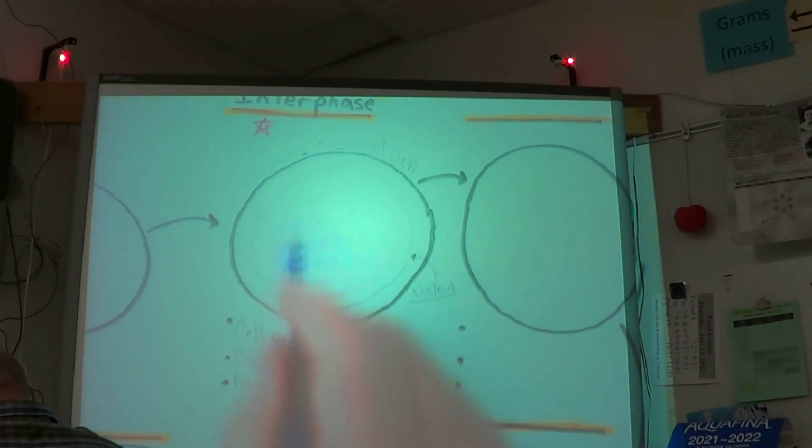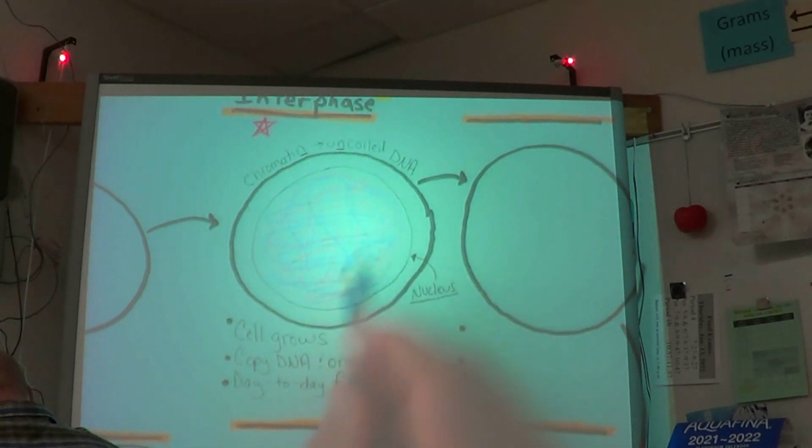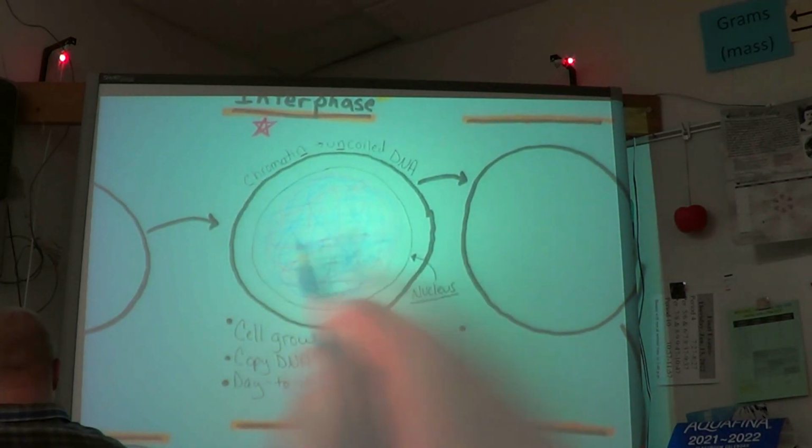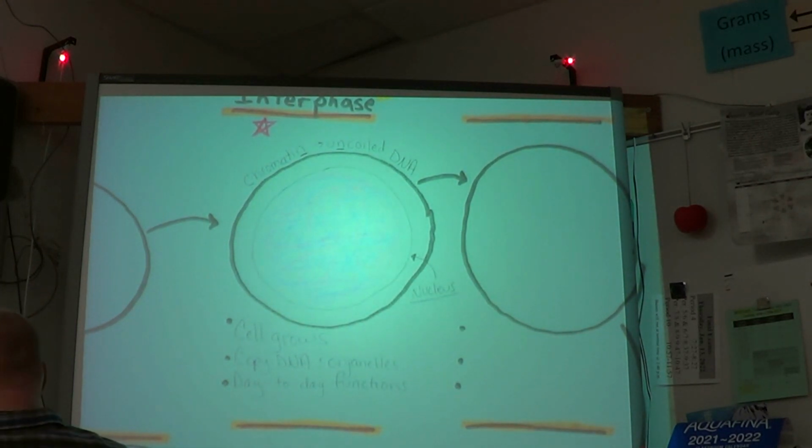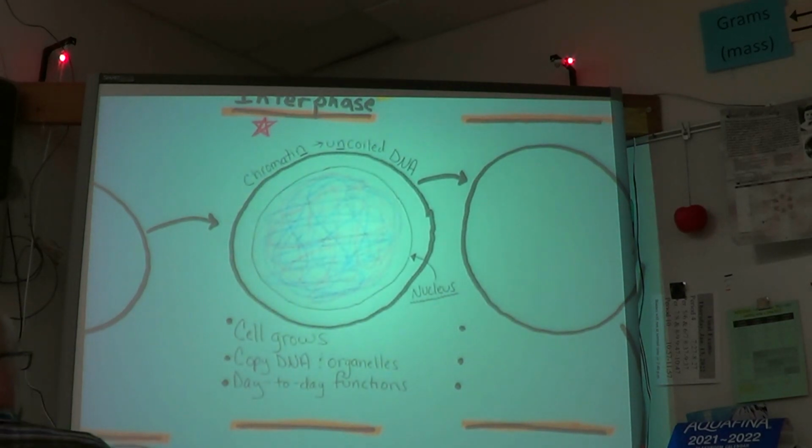Hi, spaghetti. And hopefully that will show up a little bit better. But it's a bowl of spaghetti. Noodles going every which way. Okay? My noodles are important. And that's how a cell spends most of its life, in that bowl of spaghetti, uncoiled chromatin form, 90-some% of